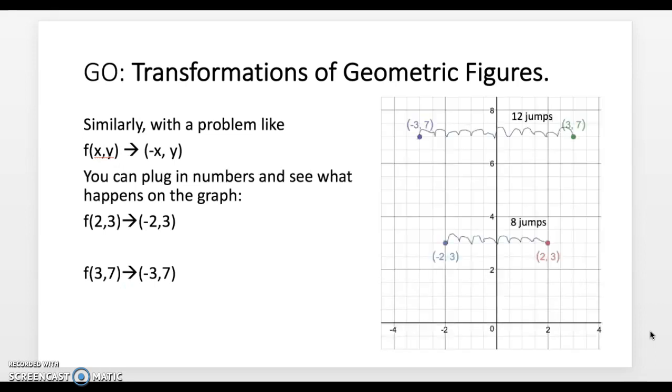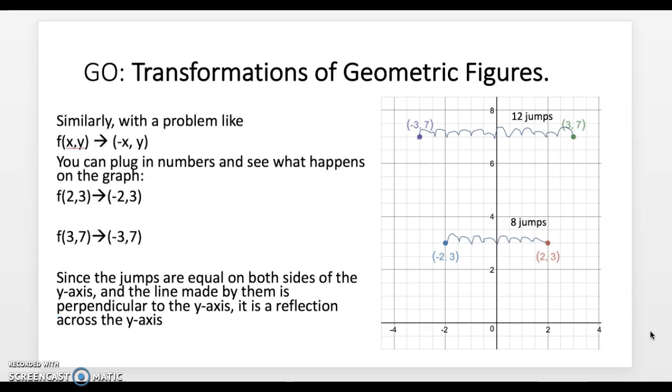I noticed there's 12 jumps and 8 jumps, so this couldn't possibly be a translation rule, but that there's 4 jumps on each side of the y-axis, and then 6 jumps on each side of the y-axis at (3, 7). And so I know that this is a reflection across the y-axis because the distance on either side is equal and the line made